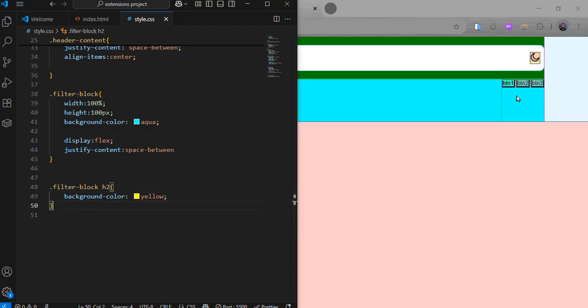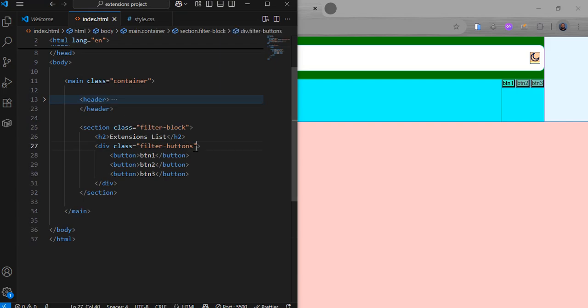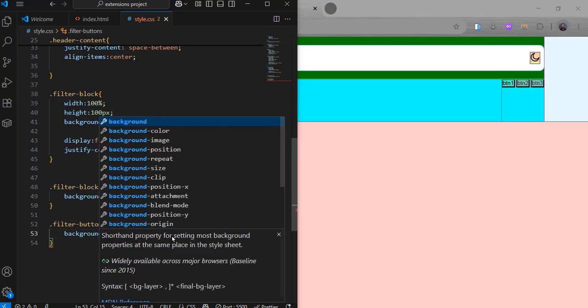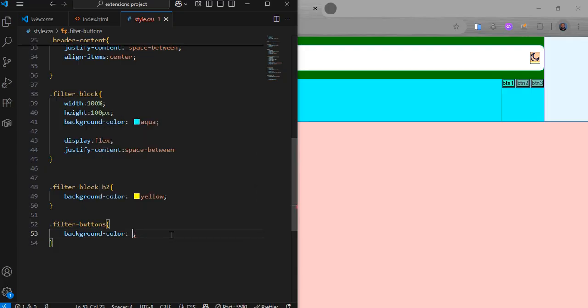And then here, we want to target the filter buttons. So we're going to use filter buttons, and we're going to give it a background color of